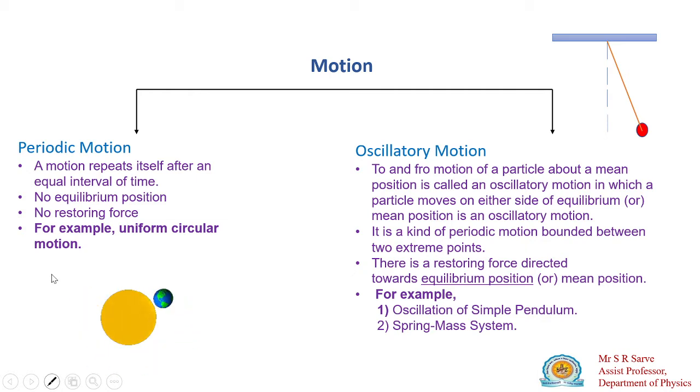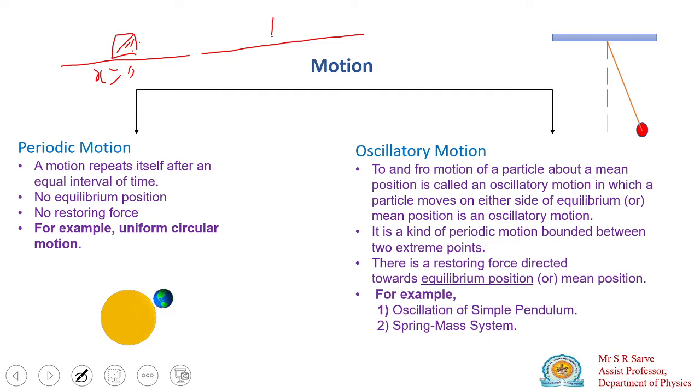So what is meant by motion? Motion means if any particle changes position with respect to time, then it is said to be performing a particular motion. Suppose this one is your particle, which is at a position x equals 0. And after a certain time, if that particle changes its position to x equals, suppose, a, so this particle moves from this position to this position, then it performs a linear motion.